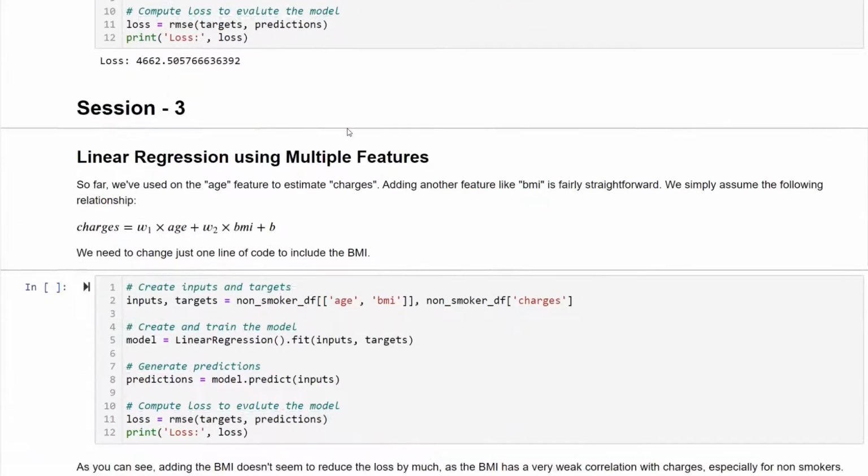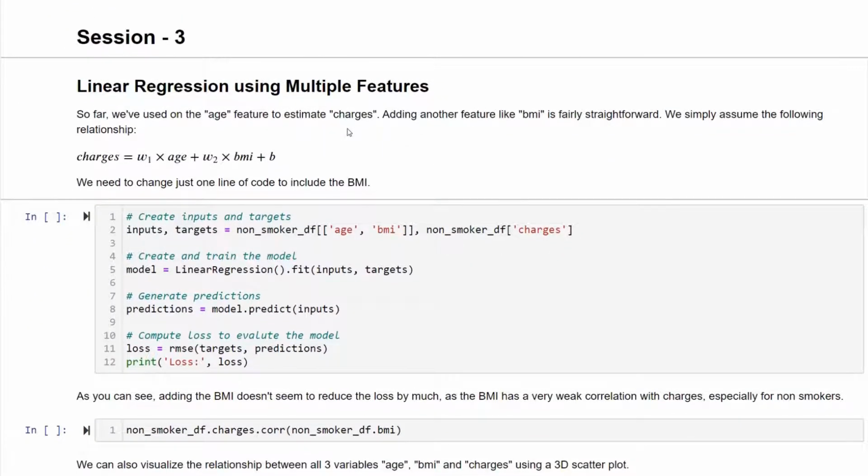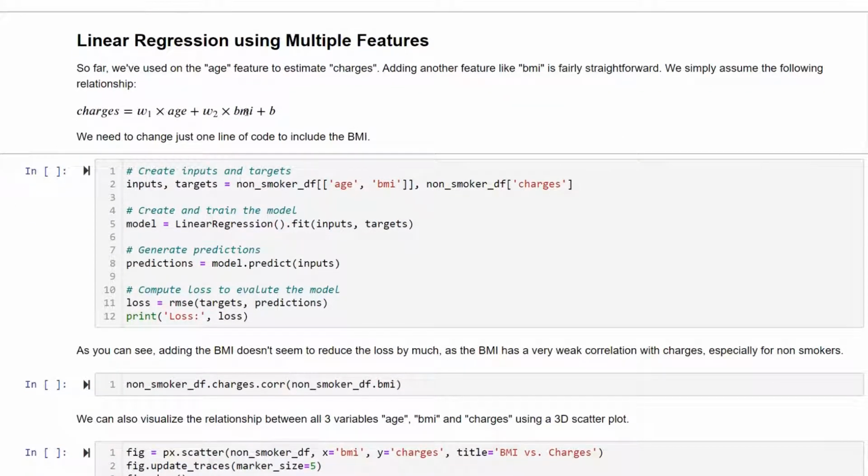I am back with my code, and we have drawn a line y equals mx plus c, where m is the slope and c is a constant or intercept. In mx, the x, we have represented the age. Here we have replaced the x with two variables. The other attribute I am going to give is the BMI, the next feature in correlation to the charges. So I am going to give the age and the BMI.